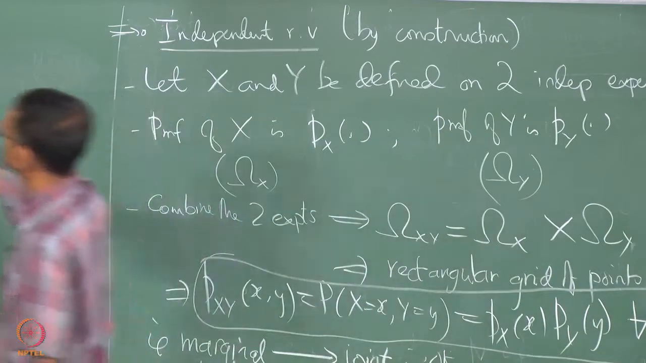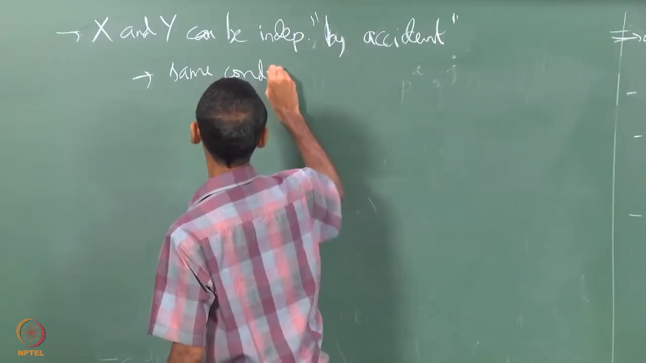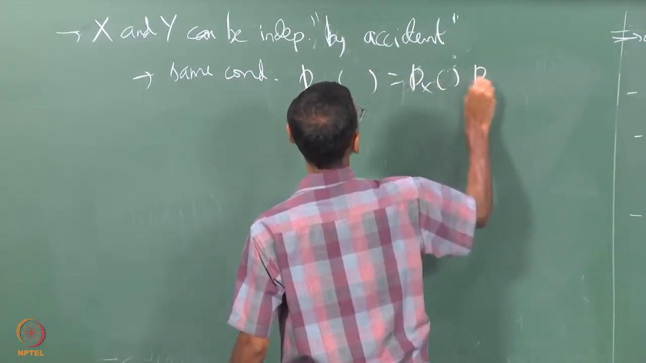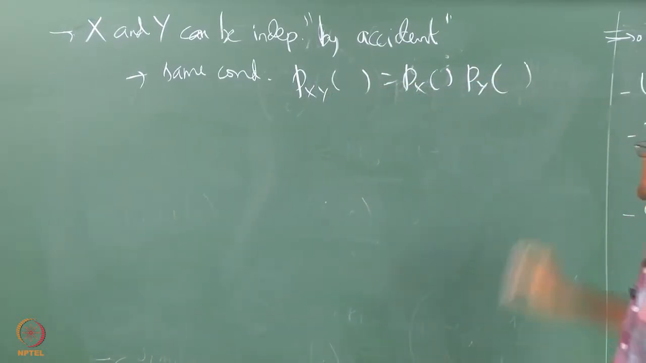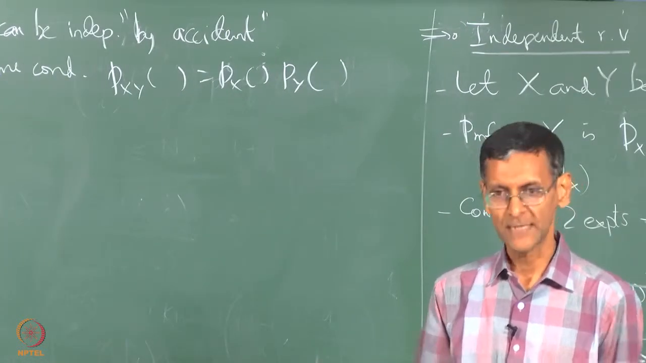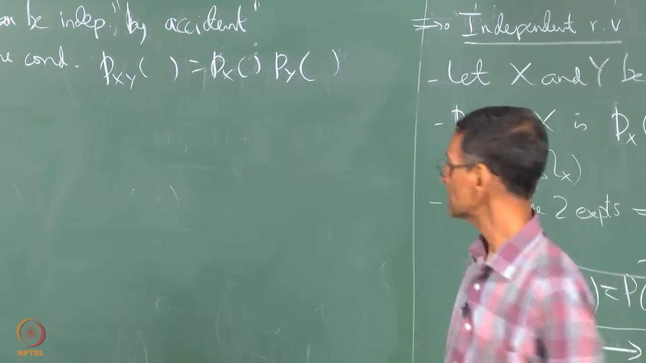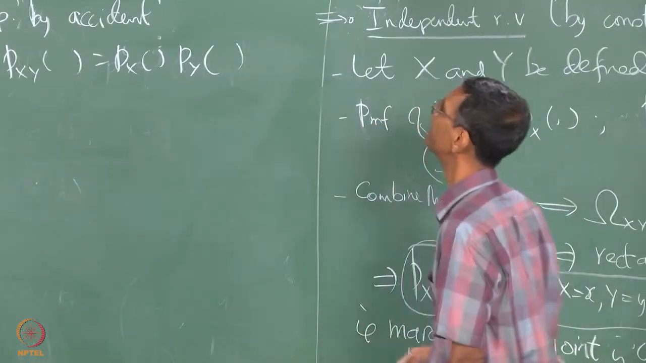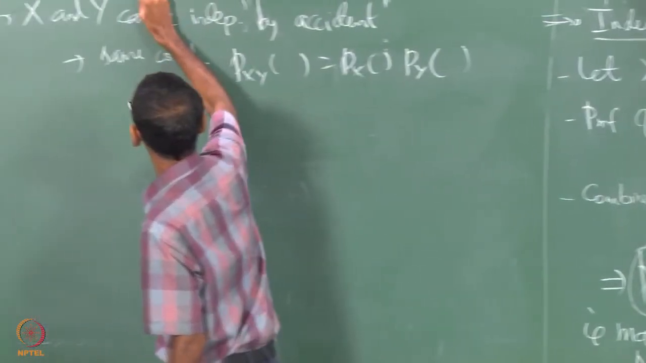So what happens here? Same condition, namely Pxy equal to Px Py. I am not writing the arguments because I have already written it out here. Main thing is that condition should hold for all points in omega xy. The maths is the same. How you get it is different. Okay. Let me put it here, can also be,